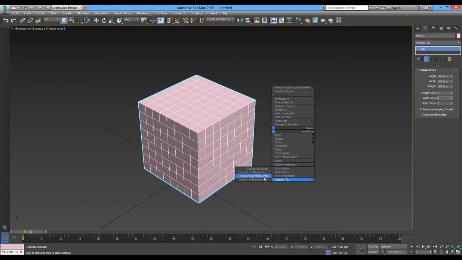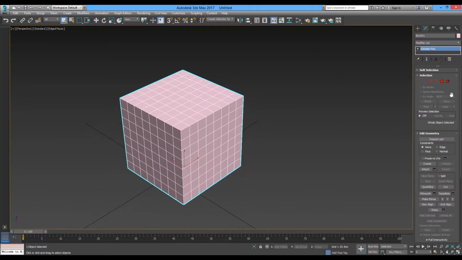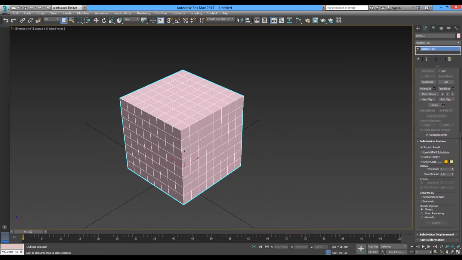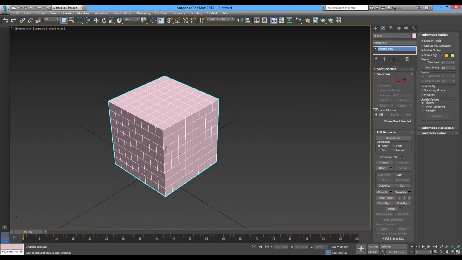Now be careful, you have an option to convert to NURBS, Editable Patch, or Editable Mesh, but what we want is the Editable Poly. Once we've done that, we don't see any changes to the model itself, but if we look at the Modify panel now, you can see that we have way more options than we had before. To expand our Modify tab, we can click on its edge and drag it left so that more of it is visible and we can see more options on our screen at once